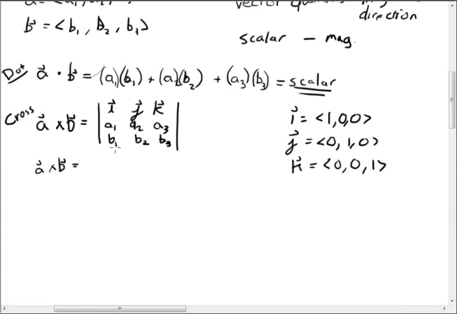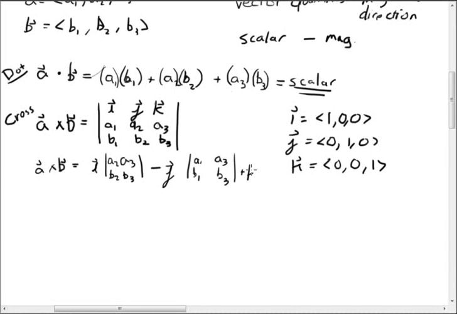Okay, so that's equal to I times the 2 by 2 determinant, A2, A3, B2, B3, minus J times the 2 by 2 determinant, A1, A3, B1, B3,